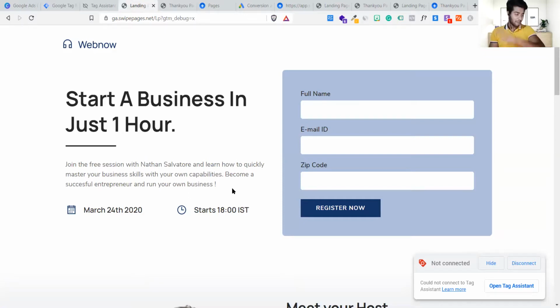On Fiverr.com, people are charging 5,000 or 10,000 rupees to perform this particular task, which is adding Google Tag Manager conversion tags on the website landing pages. That's it. You go to Fiverr and see people are doing this work. Now I need to make a gig now. Go ahead, make it. Yes, just to create this particular tag, triggering and firing and adding it up, they're doing it. So that's it. That's it, guys.